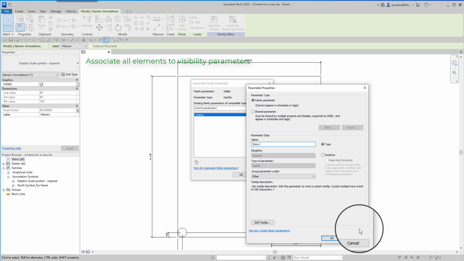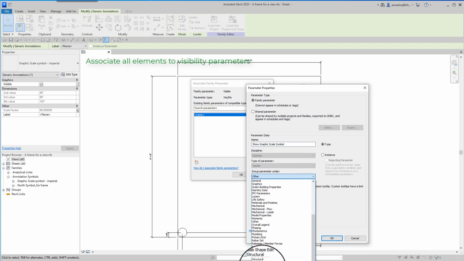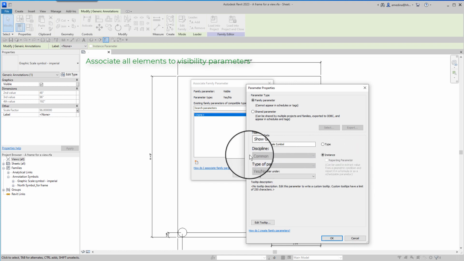So in this case, it's show graphic scale symbol, and I always put these parameters under visibility and instance.